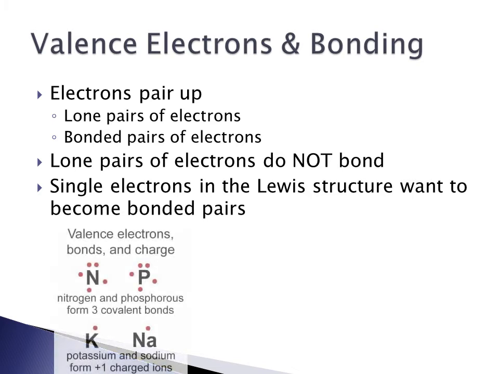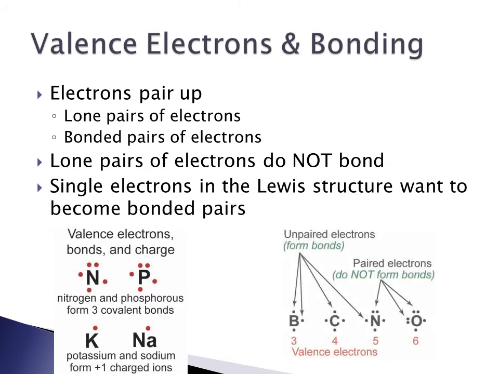Okay, and so that helps us predict the charges. And you were doing that in lab yesterday or the day before, one of those during your labs for chapter 7. You were looking at how many bonds each of these types of elements want to make. So those unpaired electrons would like to form bonds. If you have a pair of electrons in your Lewis-Dot structure, they're not going to bond. They're going to stay by themselves, and they're happy already. They don't have to be involved in the bonding unless it's necessary to complete the octet or 8 valence shell